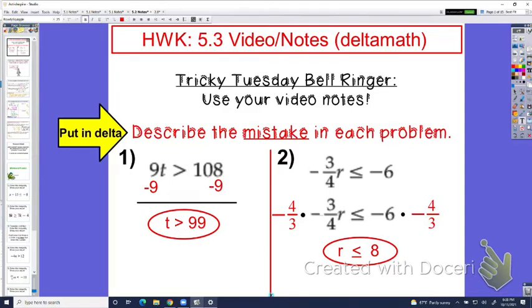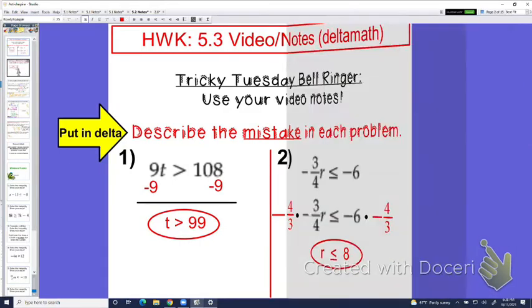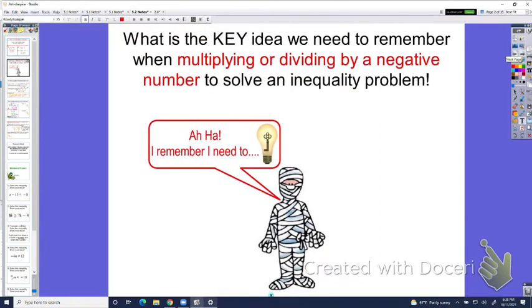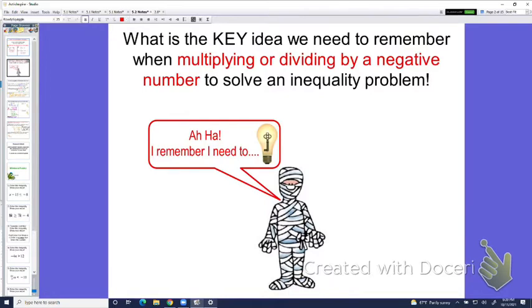So the 5-2 video that you had to watch yesterday was on solving one-step inequalities using multiplication and division. Remember the key idea you need to remember: when you multiply or divide by a negative number to solve an inequality, you need to flip the sign. So Miss Coffee talked about that yesterday in the video